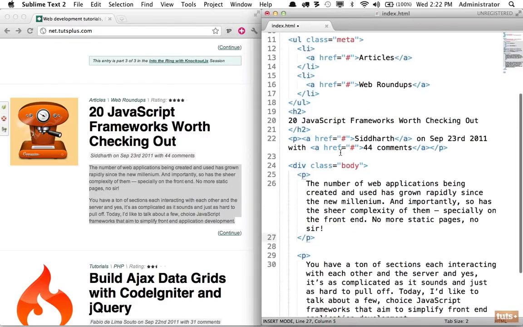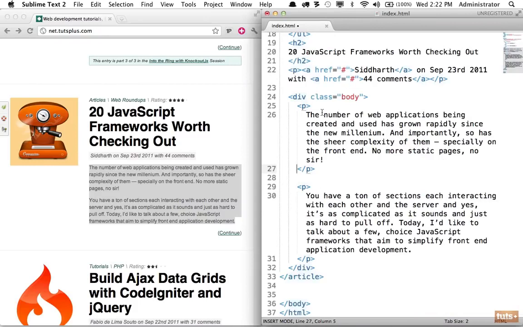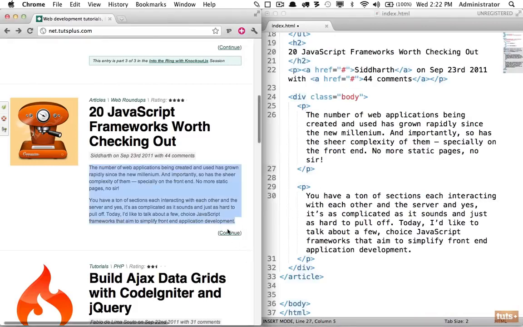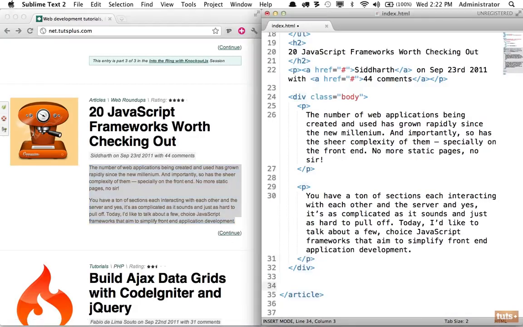There we are. So now we have our body and we have our 2 paragraph tags. And then finally we have this continue. And so we'll wrap that with an anchor tag, and the href is going to be nothing. The value will be continue. And if you want, we can either wrap this within parentheses like so, or you could do it within your CSS. As I think that's a stylistic thing, maybe we'll have some fun and put it in our CSS,